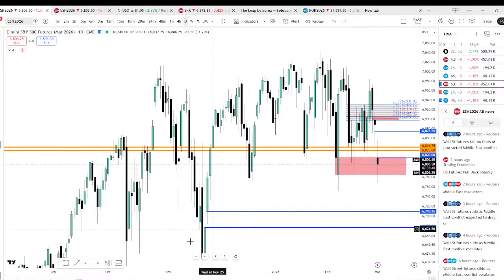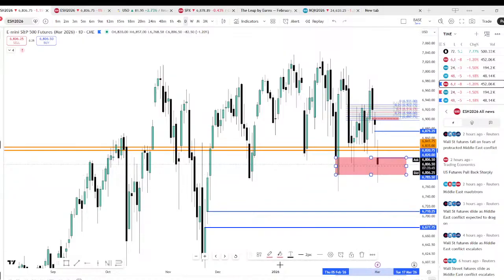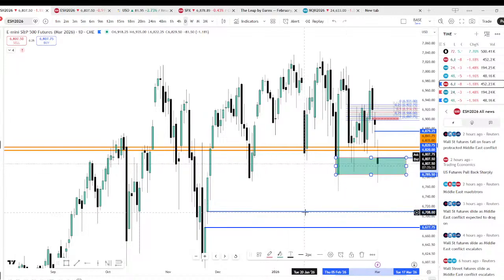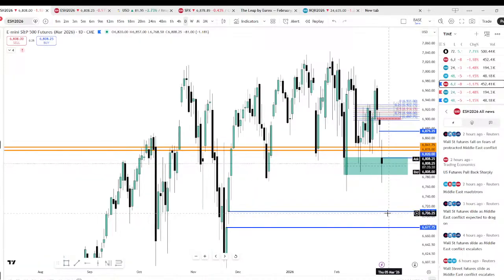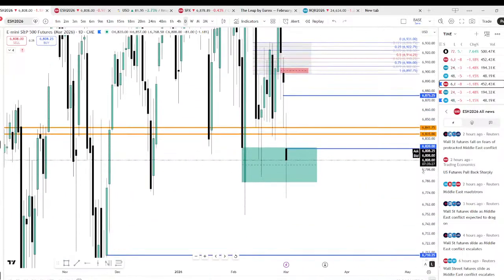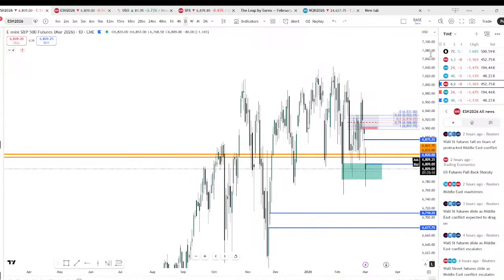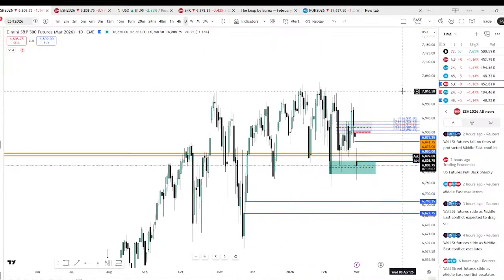So we kind of opened up in that range. I'm really interested, because if we close down today, we're going to have this massive suspension block. I think we're going to work around in that area for a while as well, because everyone is anticipating shorts.